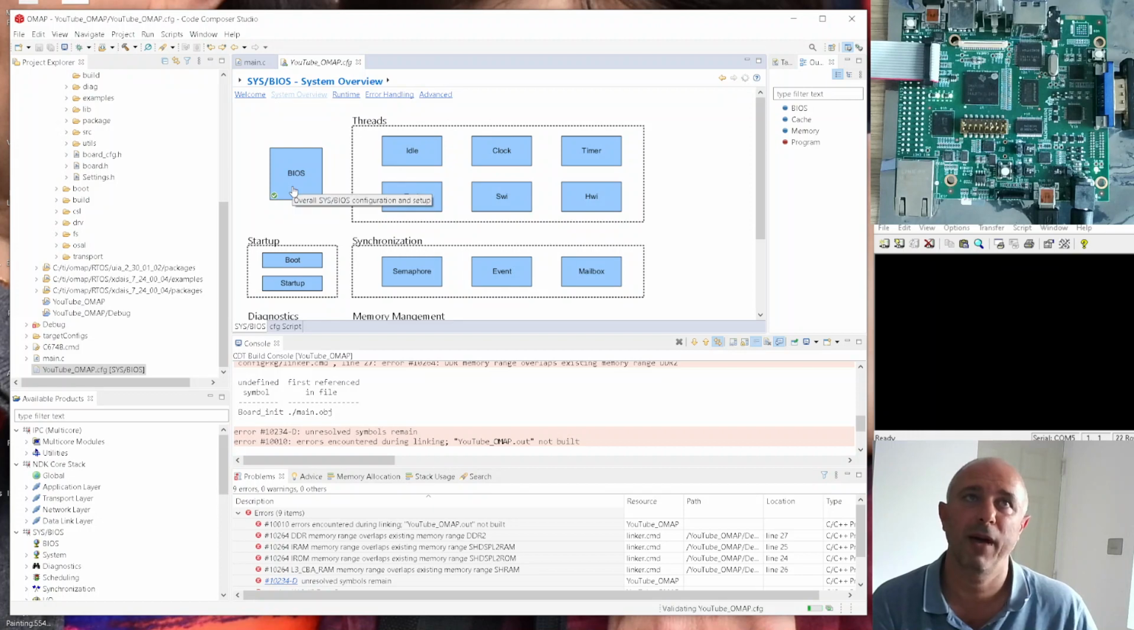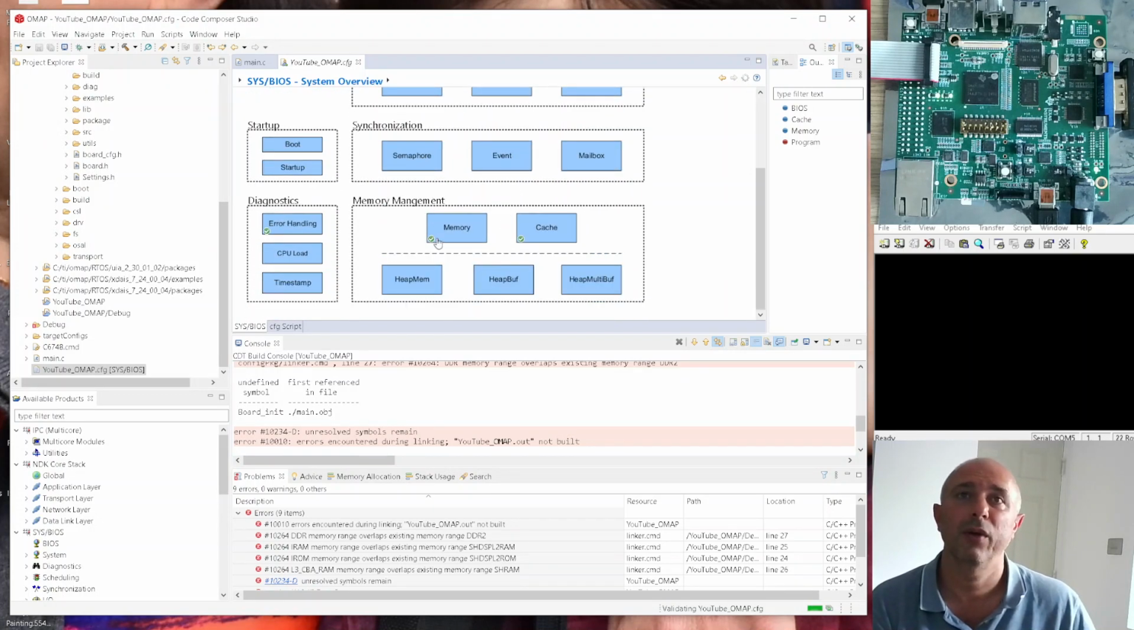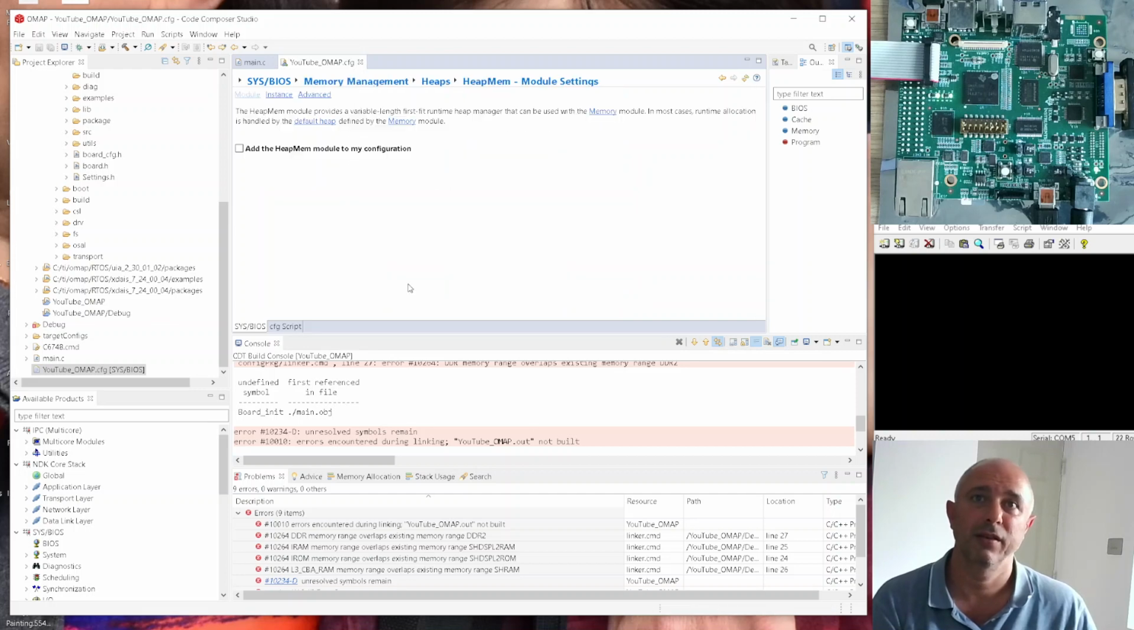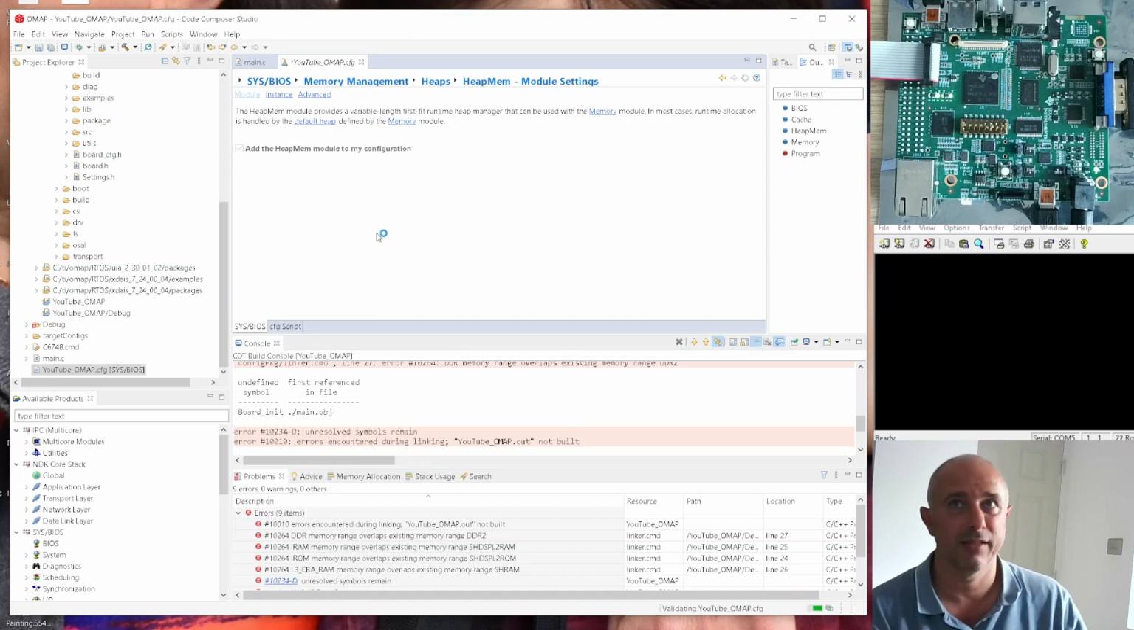So now I have BIOS enabled. We have the memory, the cache, and the heap memory here. We need to allocate that as well. Don't worry about the variables inside or what sizes we need to configure yet. We're not going that advanced yet. We're just ticking the boxes to make sure that these things actually do happen. Notice every time I tick something, it comes up in here,